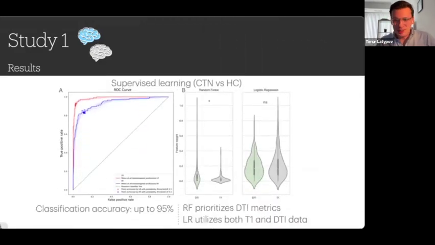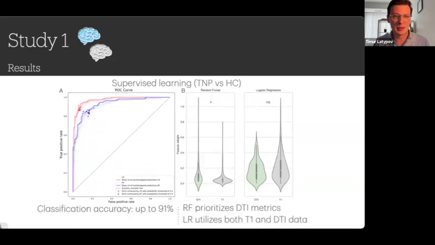So we moved on to run the supervised machine learning task, where we compared first classical TN and healthy control using machine learning. And this, in fact, achieved a very high accuracy. Model was able to tell apart between healthy and pain-experiencing brains with a high accuracy, up to 95%. We tested two models, logistic regression and random forest, and both performed very well. So these results essentially confirm that neuroimaging, in fact, can be used to identify chronic pain, even if these brains look fairly similar on a macro level.